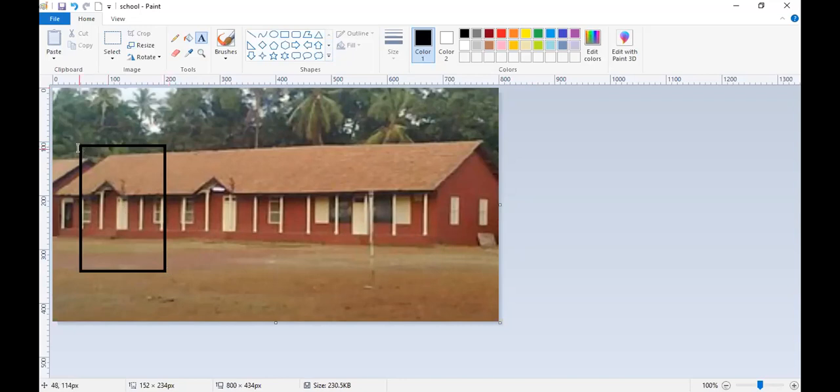So two points are very important when you draw any rectangle. Which are the two points? Upper left and lower right. So for upper left, this point is very important, and for lower right, this point is very important.